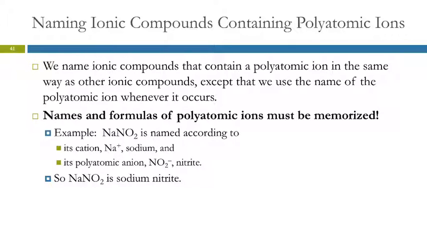Naming ionic compounds that have polyatomic ions. The pattern of naming is the same. It's just that polyatomic ions have special names, and you have to memorize them. They are named the way they are because a bunch of scientists got together and decided to call them that, and then everybody else just kind of has to go along with it. You've already memorized a bunch of these. So when we name something like NaNO2,